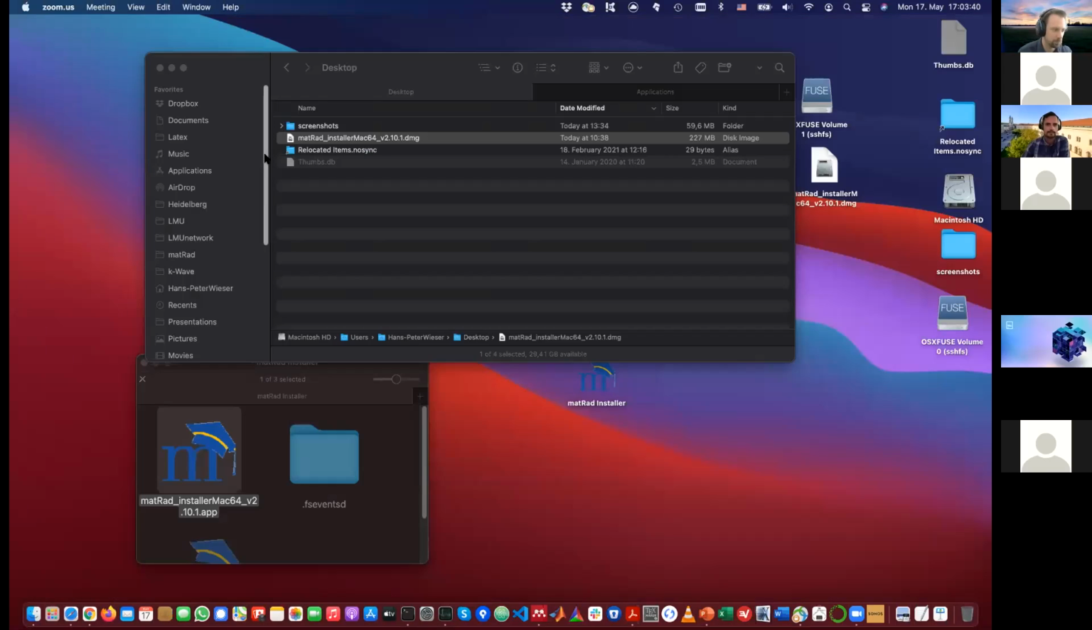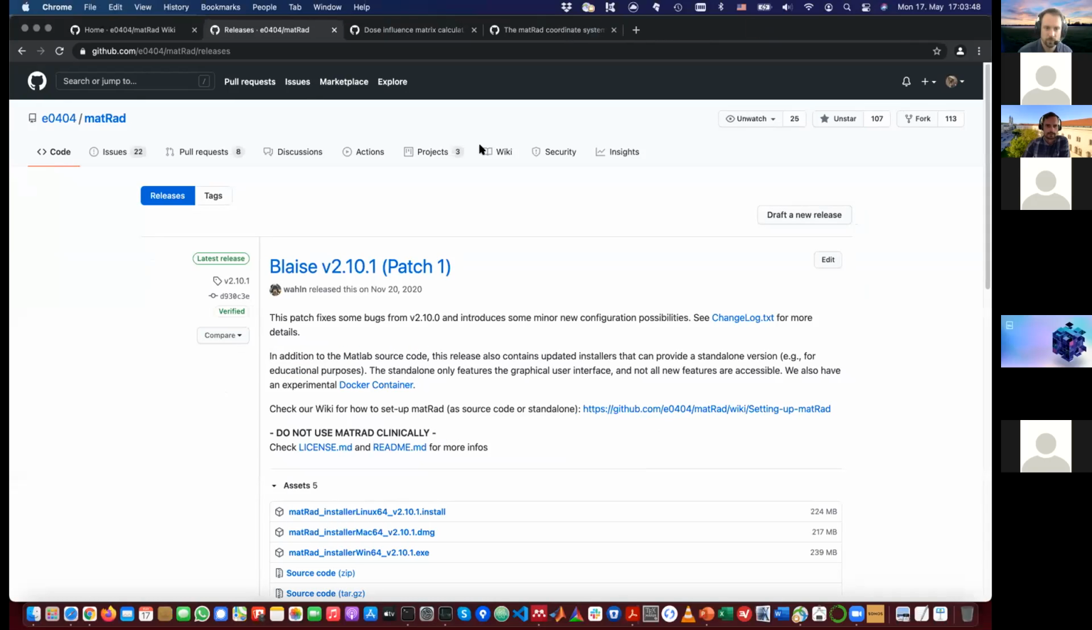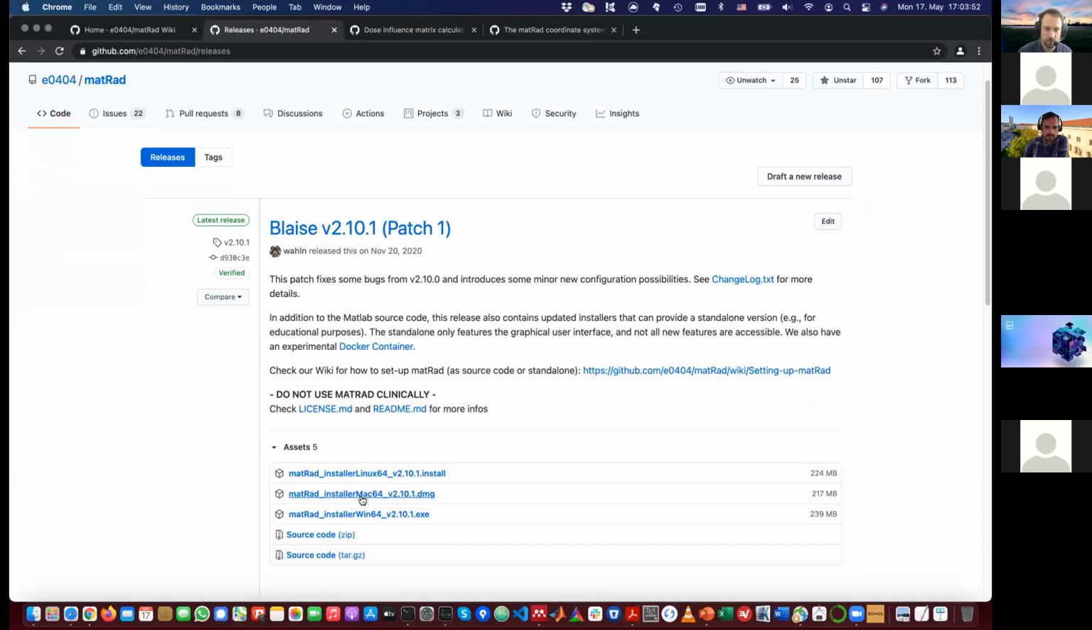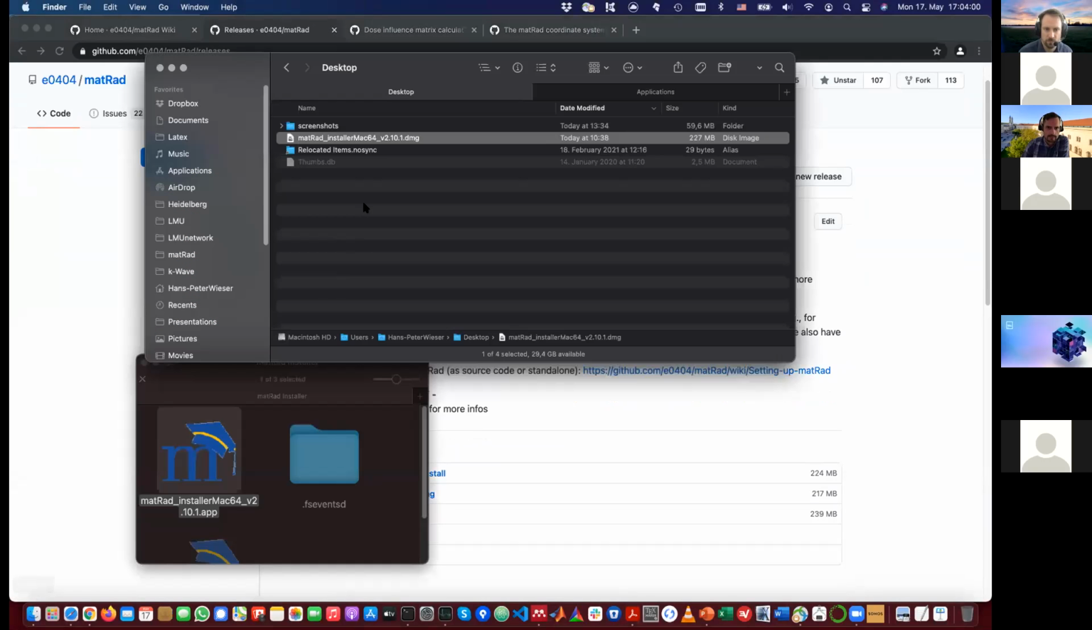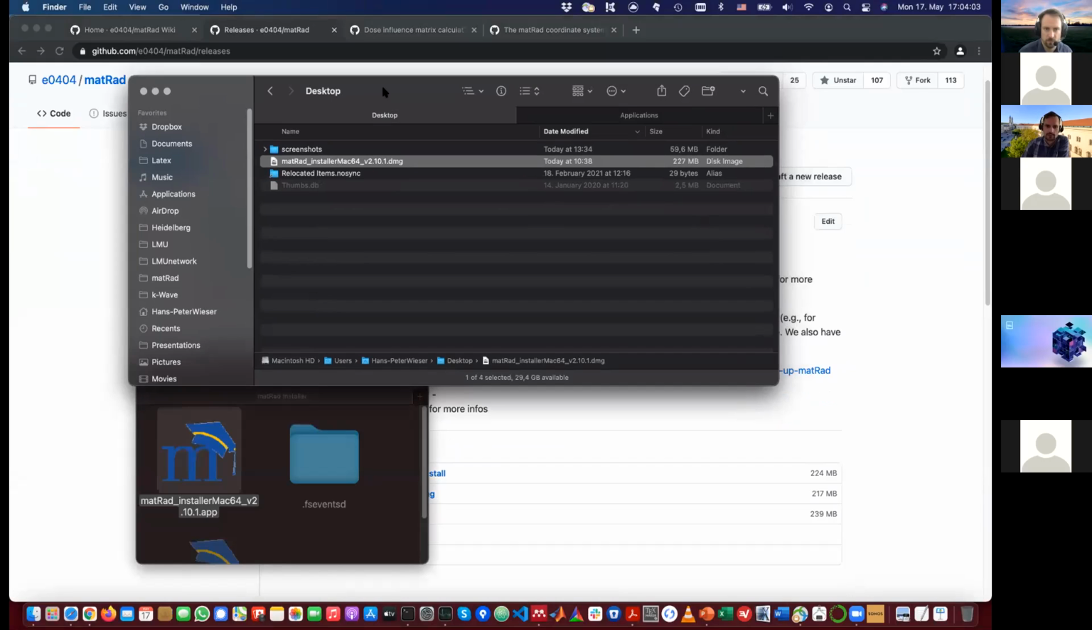Let's see. Can you now see my screen? Yes. So yeah, very similar to what Niklas is showing is the installation for the Mac. So you download the standalone Mac installer here if you don't have a full Matlab installation. And once you have it on your disk, it should be in the download folders. Here right now I have it, I placed it on the desktop, and then you have this